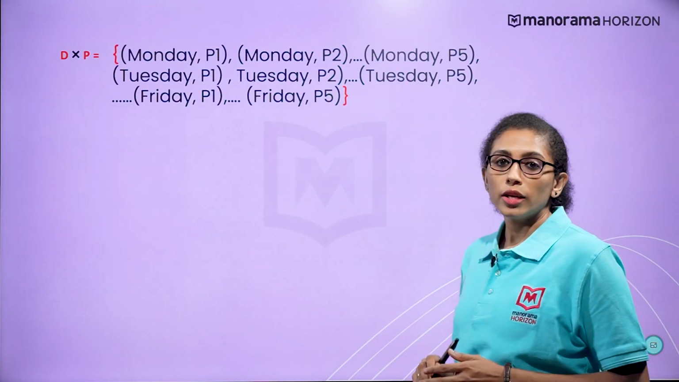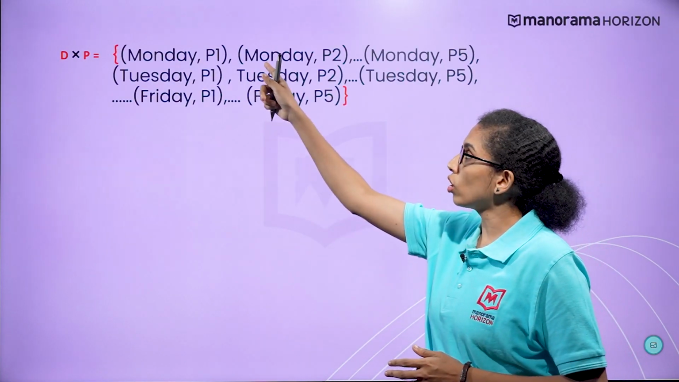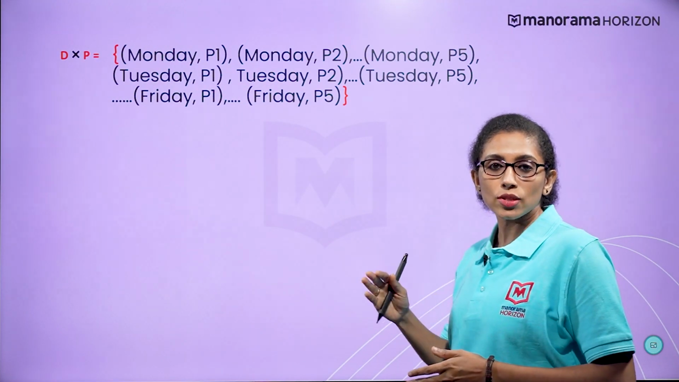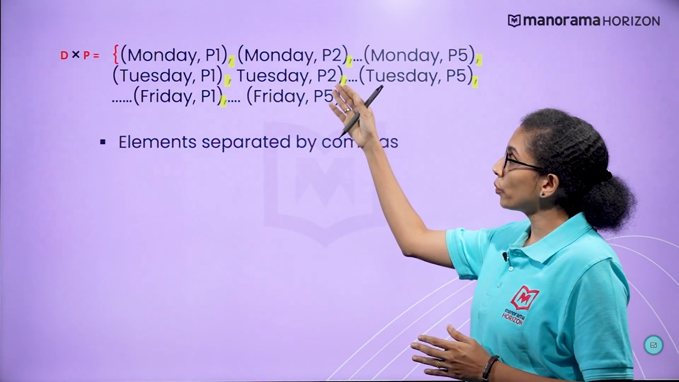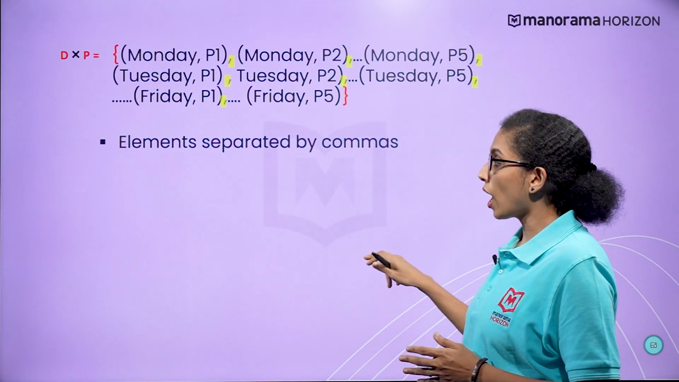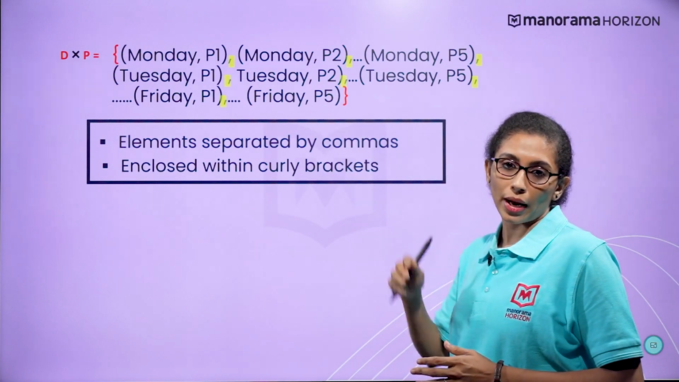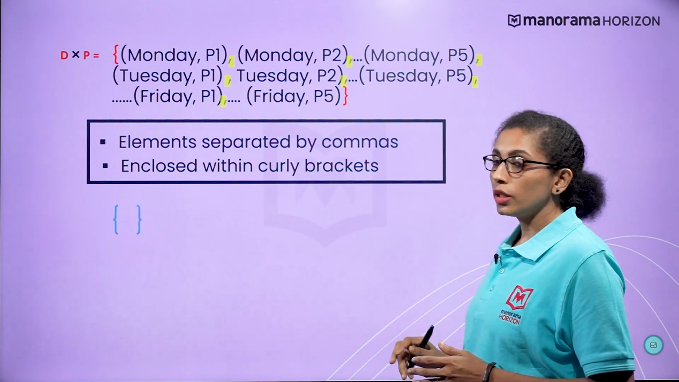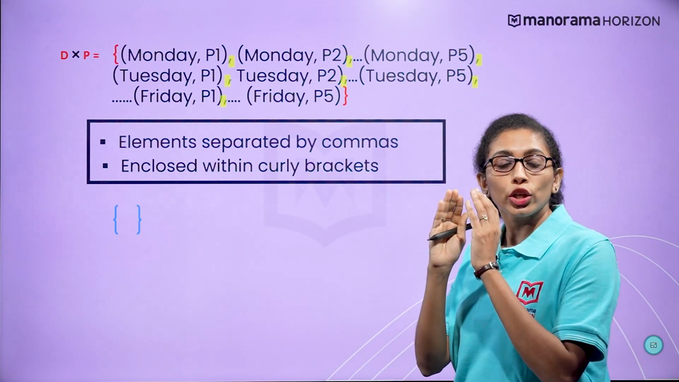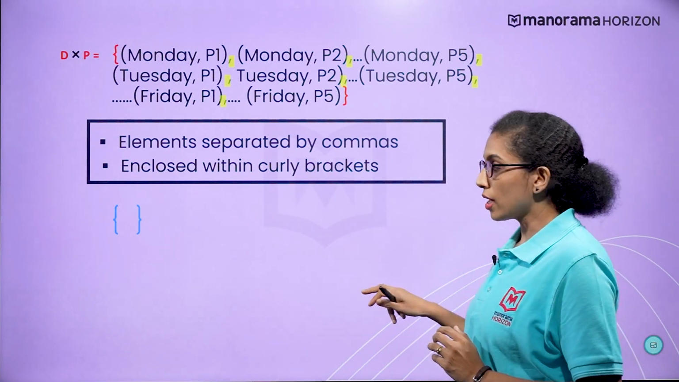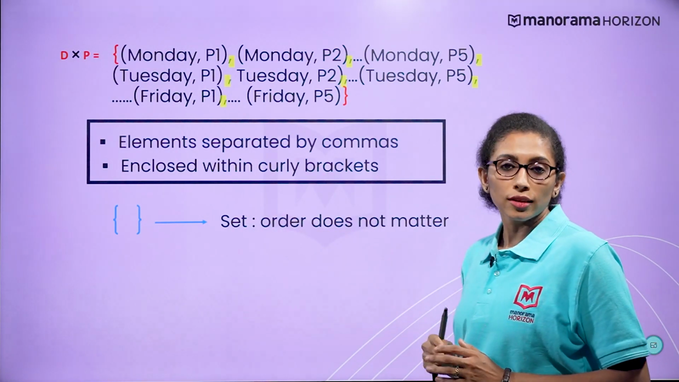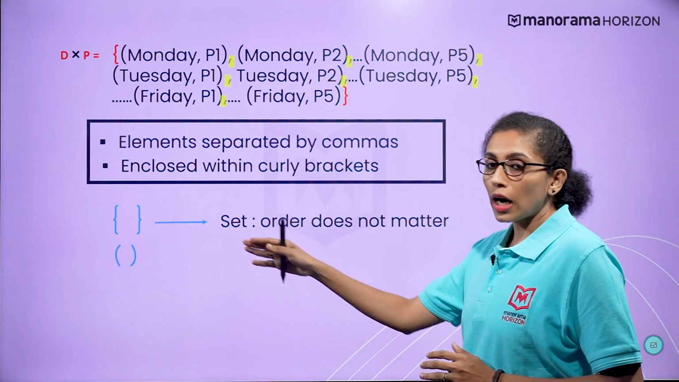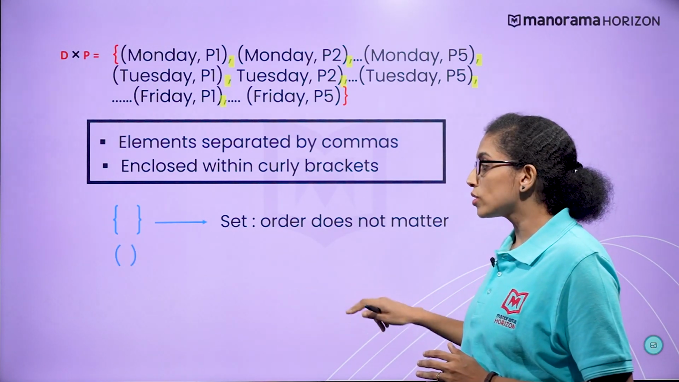Closely observing, this ordered pair is one element. This ordered pair is the second element and so on. Notice that the elements are separated by commas and they are enclosed within the curly brackets. Remember, curly brackets are used to enclose the elements in a set, where the order of the elements does not matter in a curly set. While the round brackets are used to enclose the elements